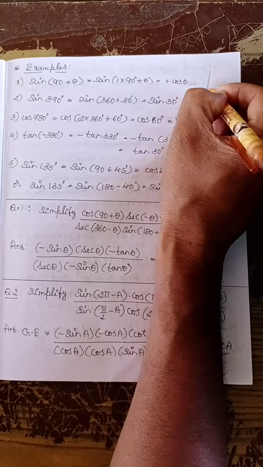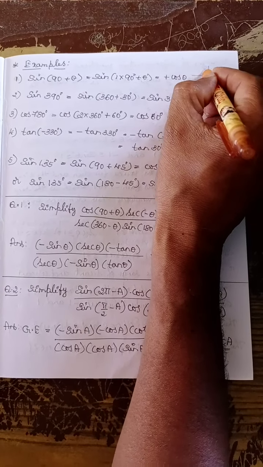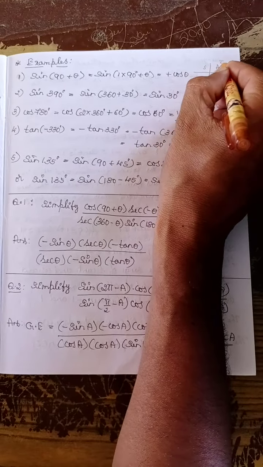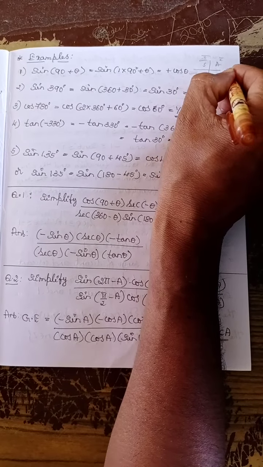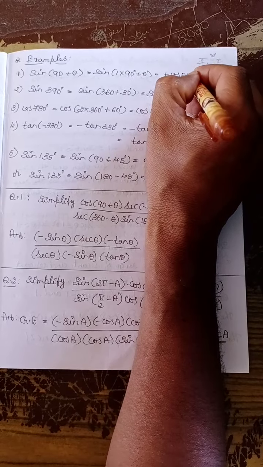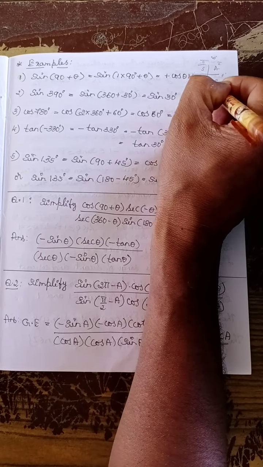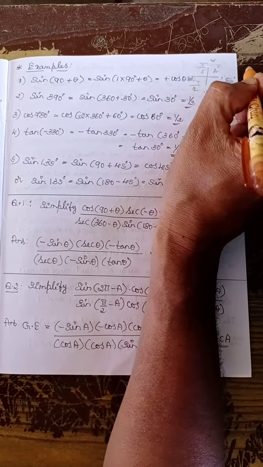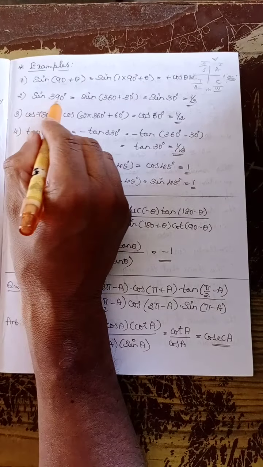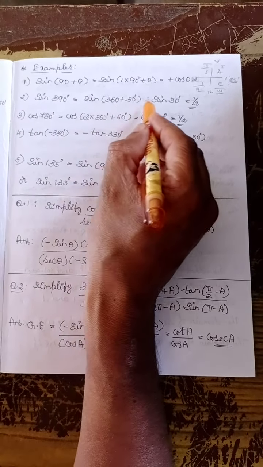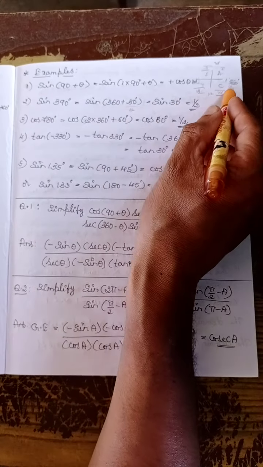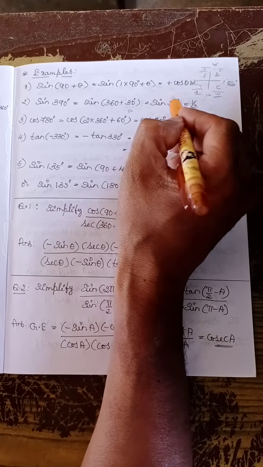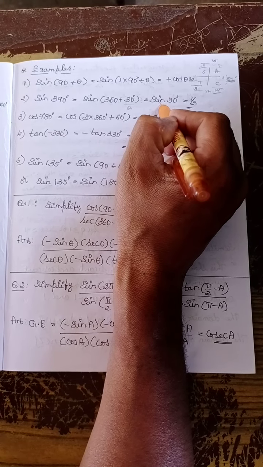You can always imagine this diagram, that is important. See ASTC: first quadrant, second quadrant, third quadrant, and the fourth quadrant. This is 0 degrees, 90 degrees, 180 degrees, and 270 degrees. Again, one complete rotation is 360 degrees. So sine of 390 is equal to sine of 360 plus 30. 30 is theta here. Sine of 360 plus theta belongs to the first quadrant. There again it is the same function and positive, sine 30.